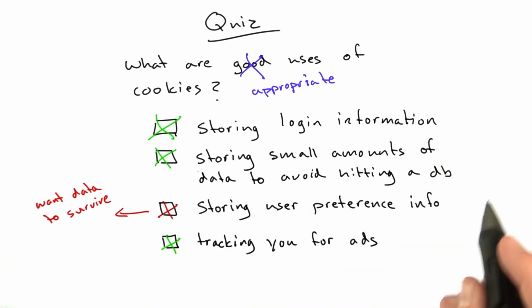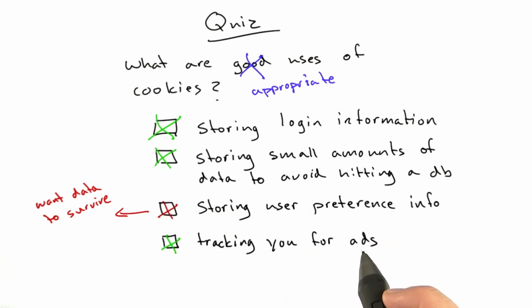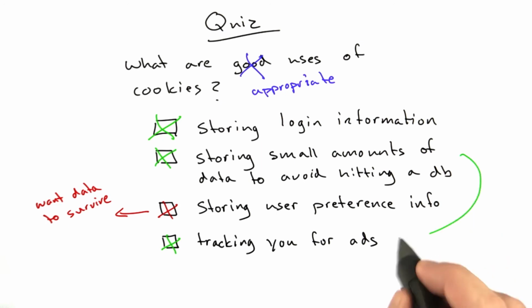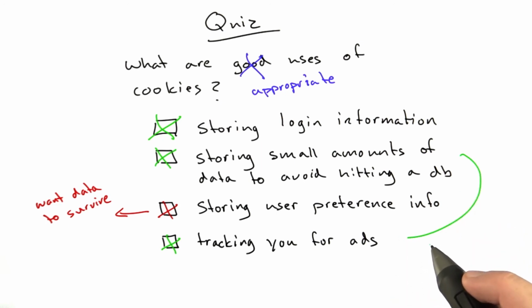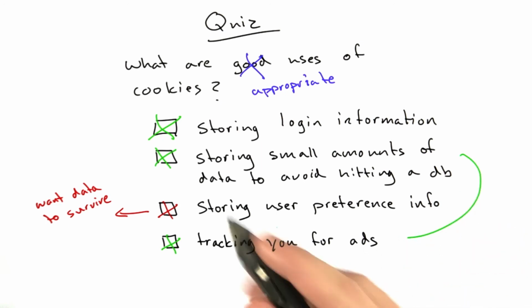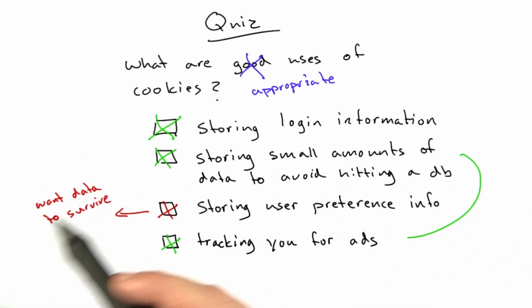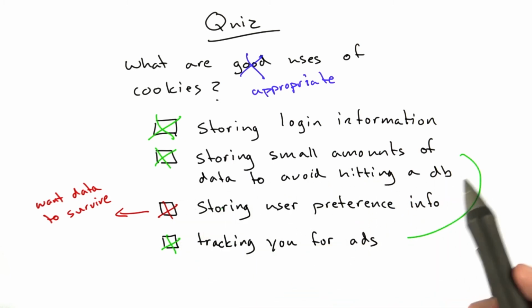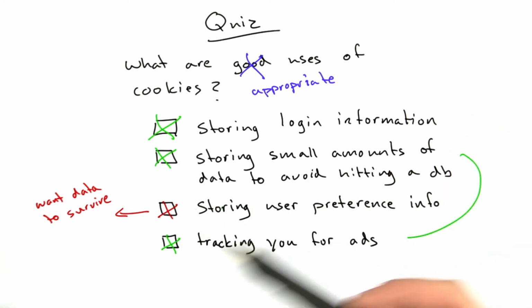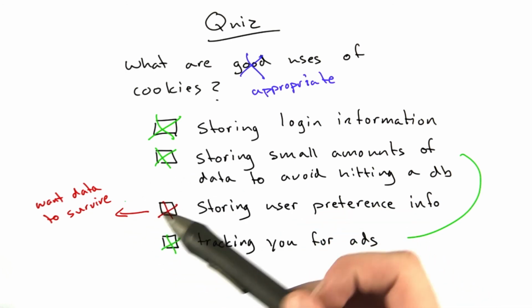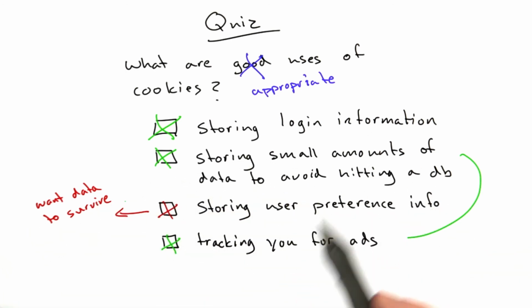And in fact, I had a friend who worked for an ad tracking company for a while, and these two answers are kind of related. They used to joke that they had the world's largest database stored in users' browsers, all across the internet. They had many hundreds and thousands of terabytes of data, in theory, stored a few hundred bytes at a time in users' cookies, because they powered a lot of really big ad networks. Cookies, and we'll come back to how ad networks work a little bit, I think it's interesting to understand, but cookies are a critical technology for tracking you for advertising purposes.